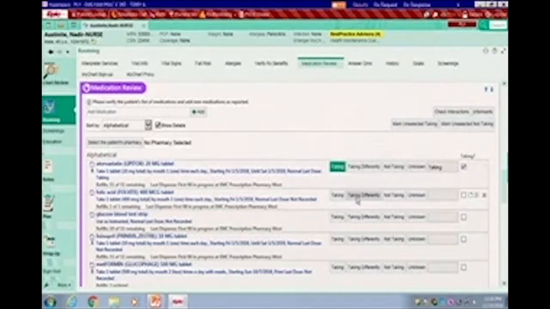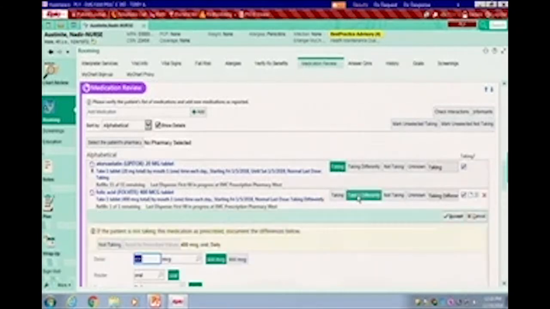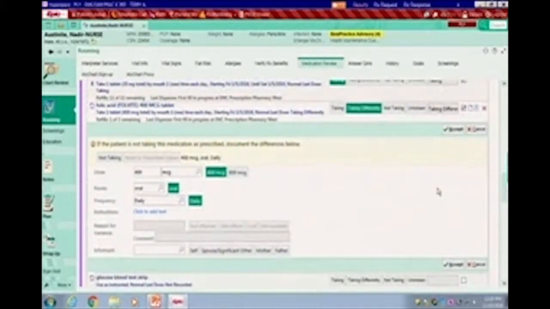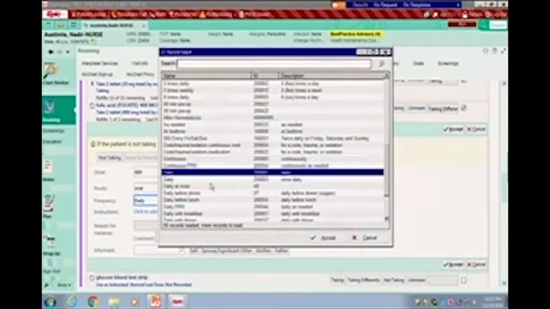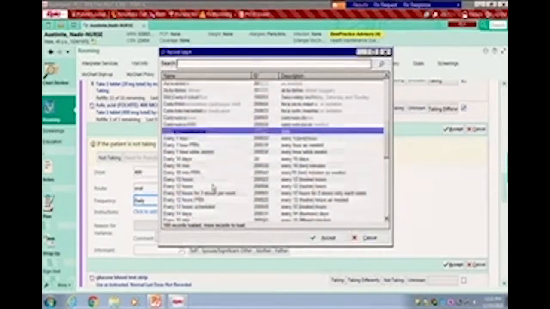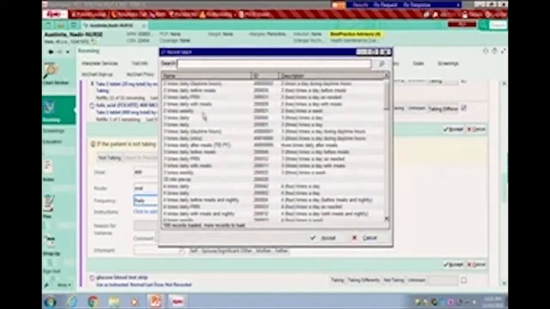If they are, say, taking one of these differently, you would click taking differently, and you would get more information to fill in. It would open up. So it wants to know how they're taking their medication. So if they're supposed to be taking it daily, but they say they're taking it, okay, let's just say two times daily.